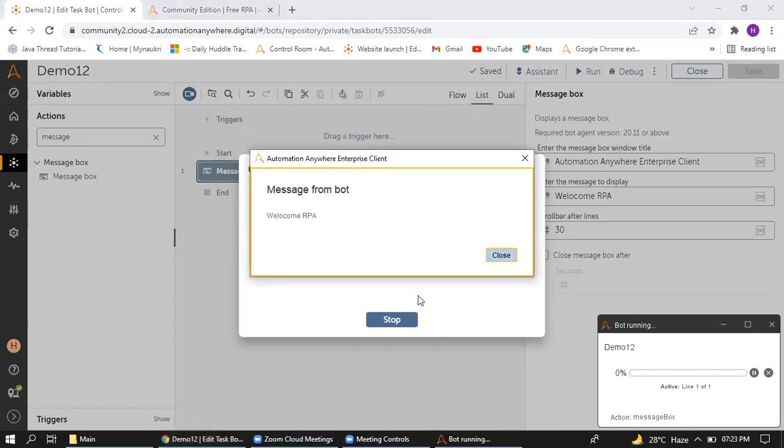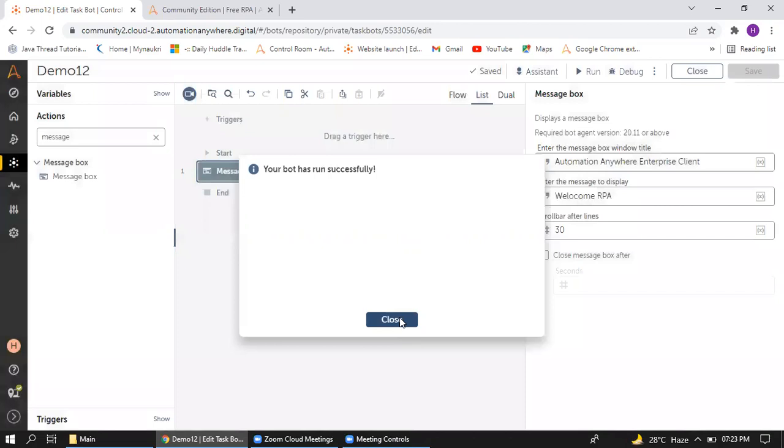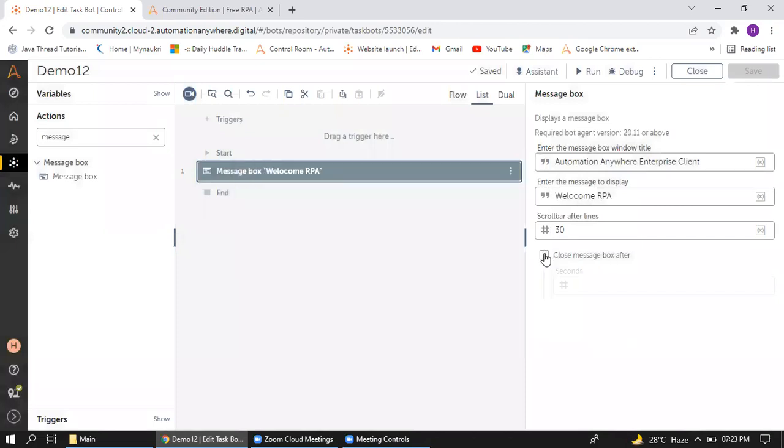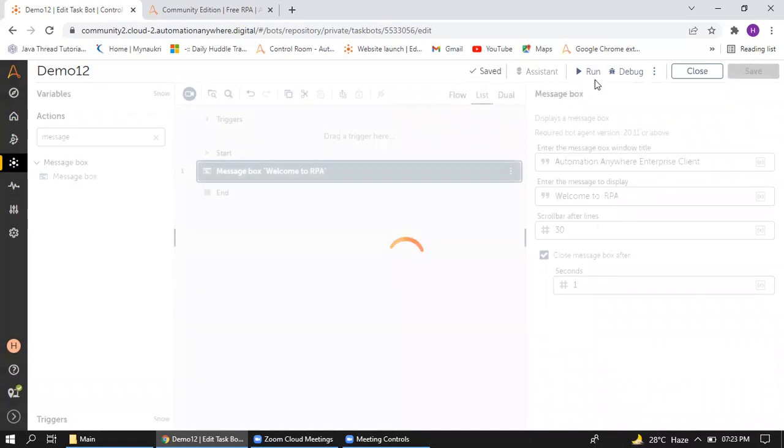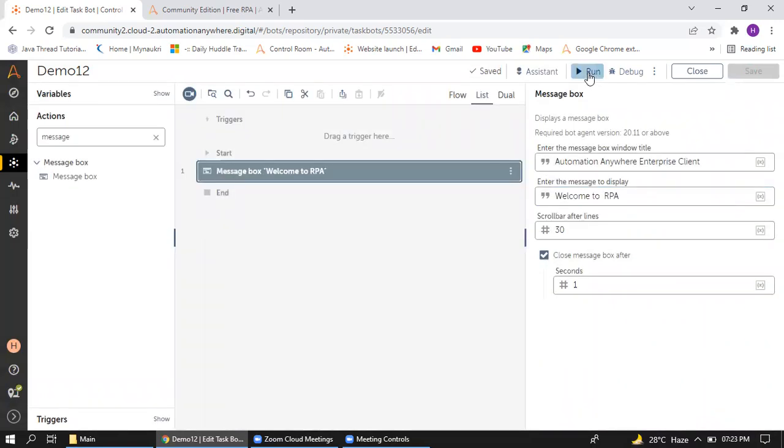Next in this package, I don't want to manually close that message box, so I can give 1 second. After 1 second it should be closed. Welcome to RPA. It will be closed after 1 second automatically without human intervention.